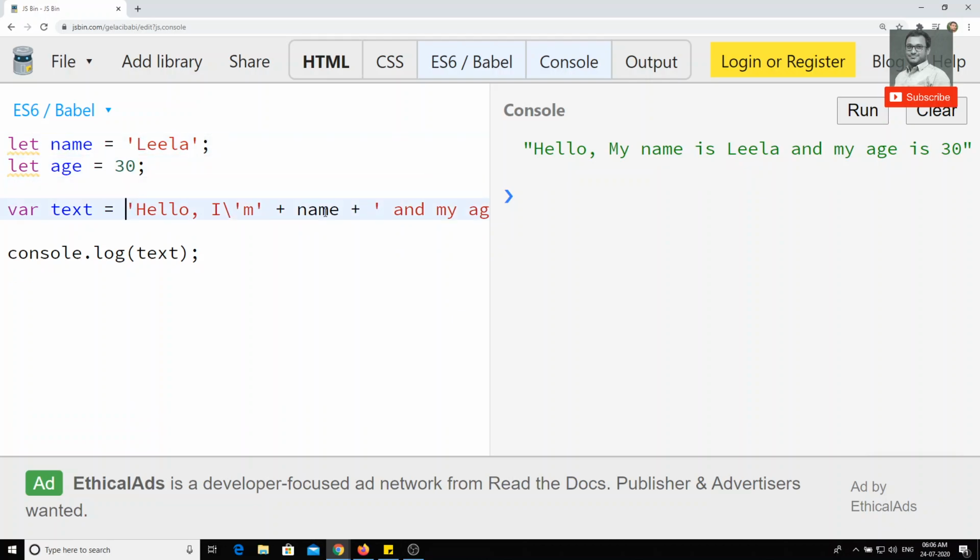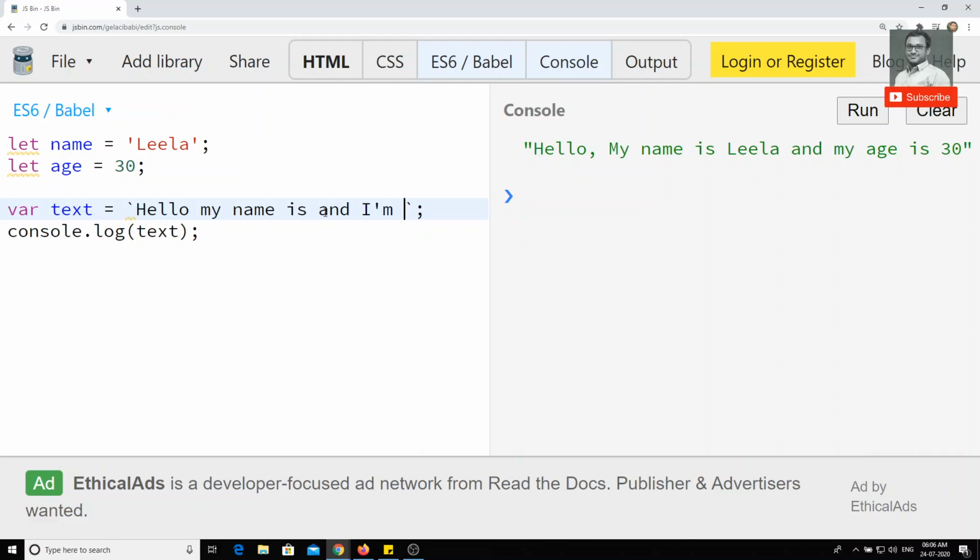In ECMAScript you can write this in an easy way. We need to use backticks instead of the single quote. In these backticks, whatever string you want to write, you can write it. For example, here I can write "hello, my name is, and I am". You can write single quotes, double quotes, whatever you want.